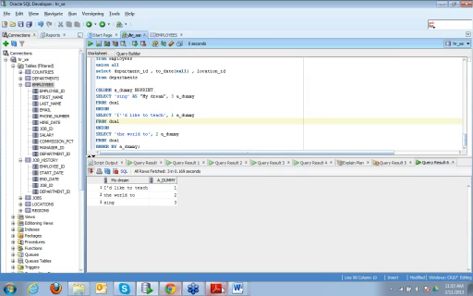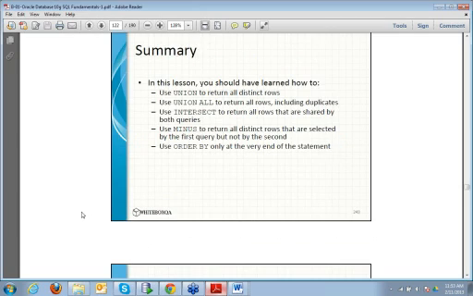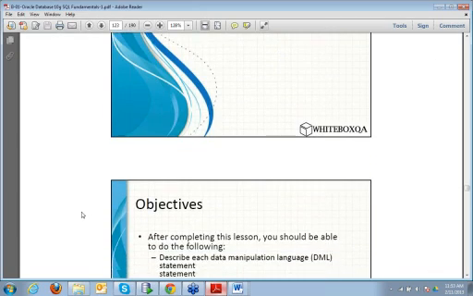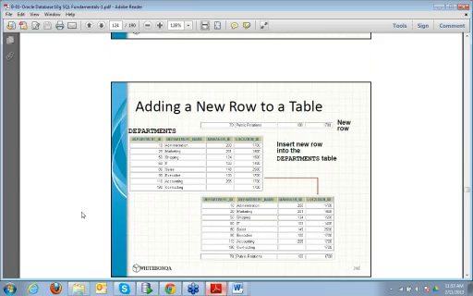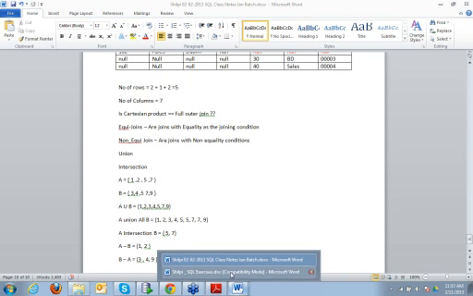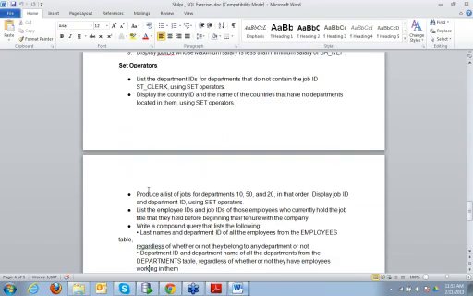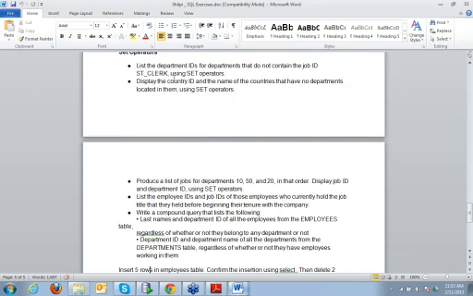Let's move on and let's do another one. We can do a couple of questions related to this, and then we'll start with DML commands. List the department IDs for departments that do not contain the job ID ST clerk using set operators.